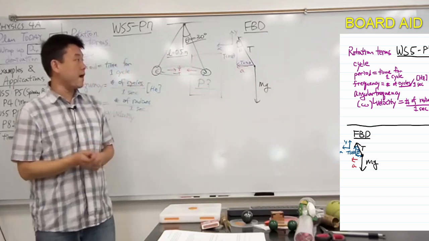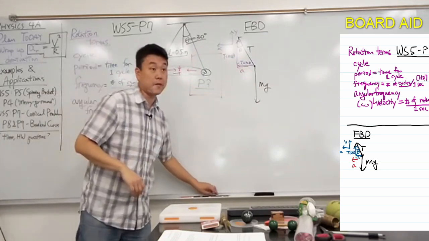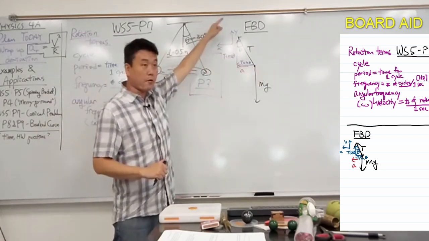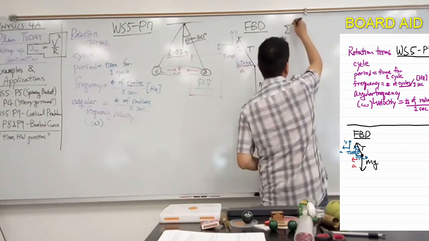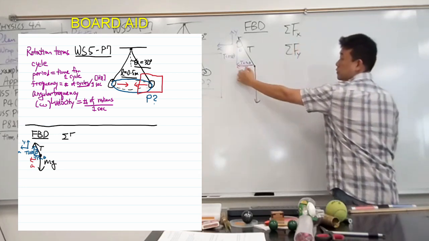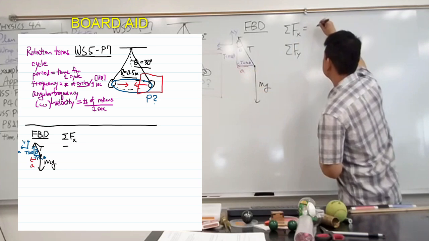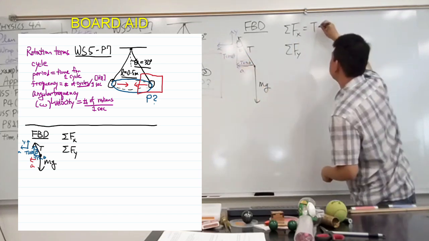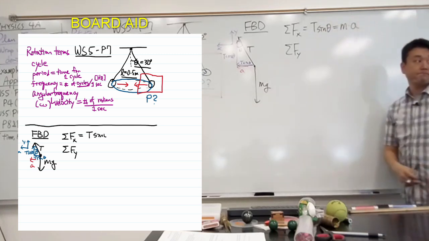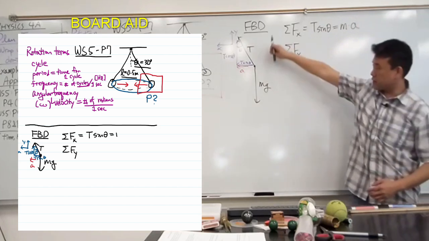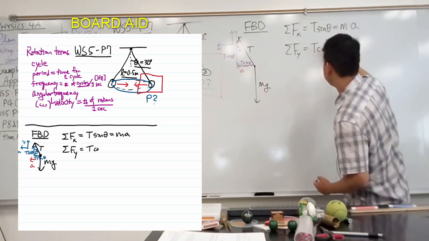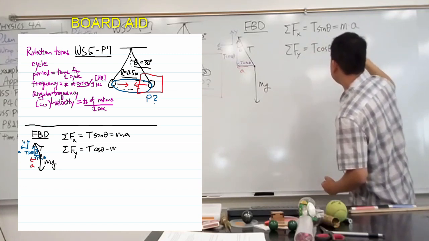Okay, so now I'm ready to write down Newton's second law equations. That's my step number 4. I write down 2 equations, one for the x direction, one for the y. So net force in the x direction and the y direction. In the x direction, there's only one force, T sine theta. In the positive direction, the way I defined it, T sine theta is equal to mass times acceleration. Y direction, T cosine theta minus mg is equal to,